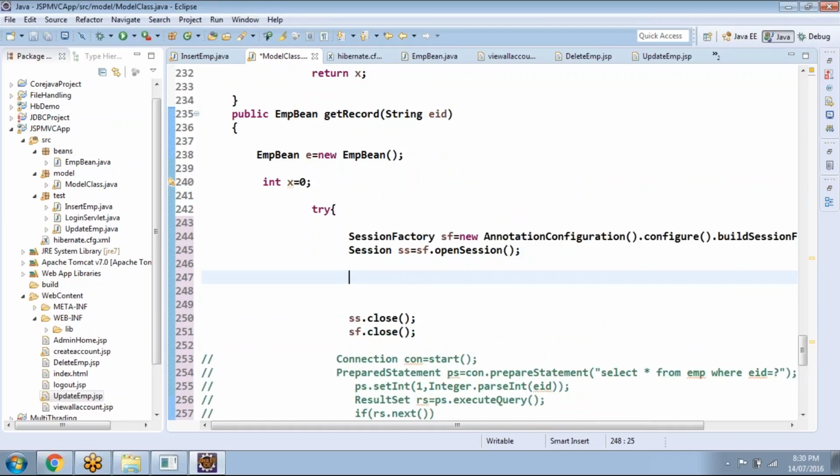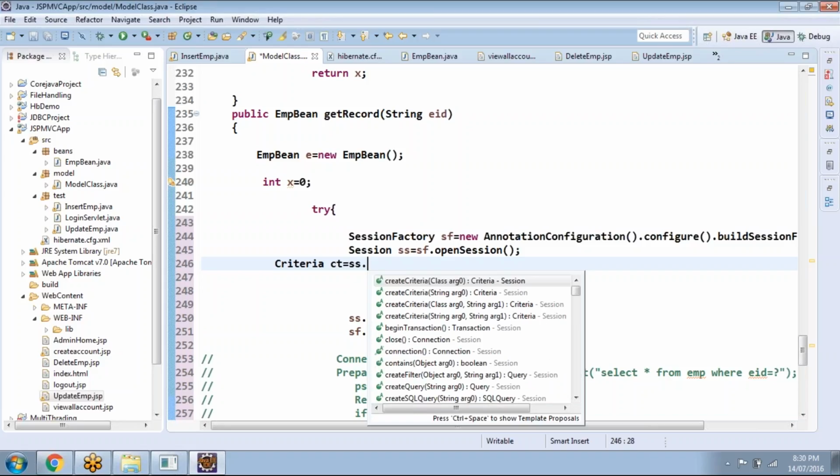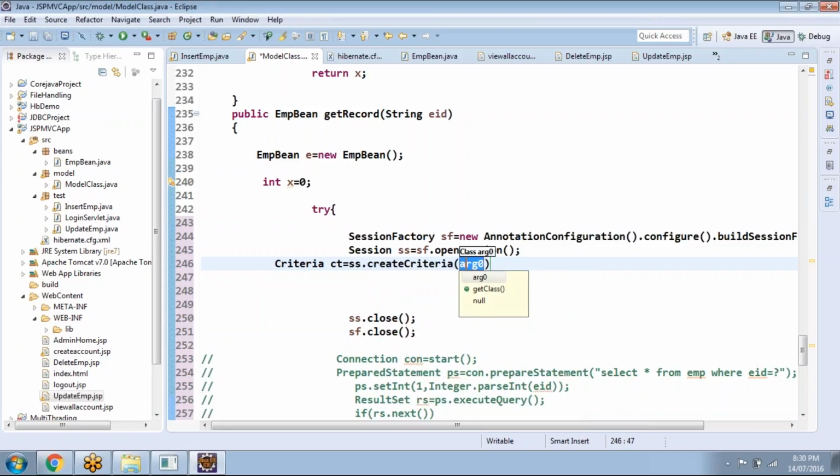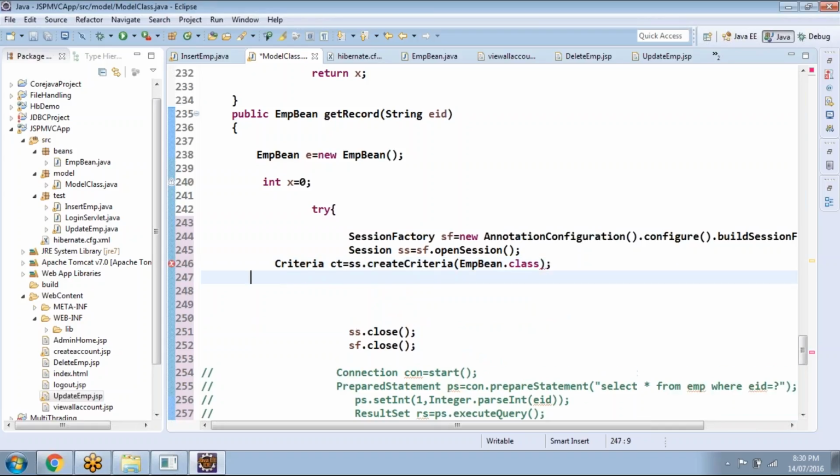Criteria equals to criteria, and bean class name EmpBean.class, and here we need to add the restriction because we don't want to fetch all the records. I want to fetch only a single record whose ID is EID, which is present in the EID. So criteria.addRestriction